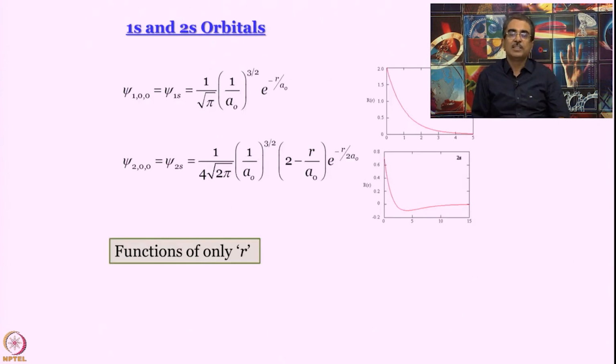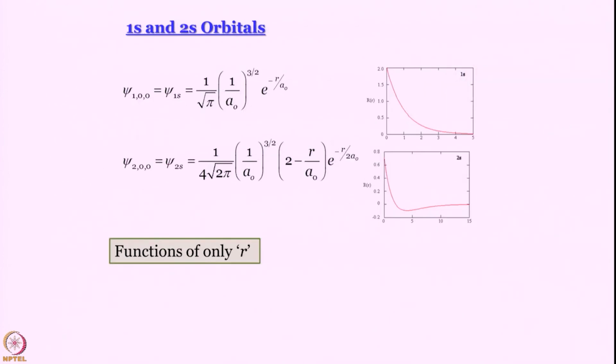Okay. Now let us take a closer look at the orbitals. Now before that let me formally say what an orbital is. What is an orbital? Many of you believe that an orbital is a region of space in which probability of finding the electron is maximum. That definition is wrong. An orbital